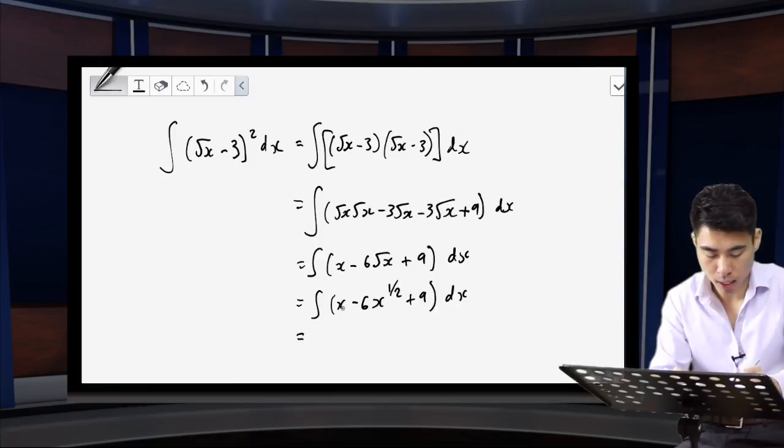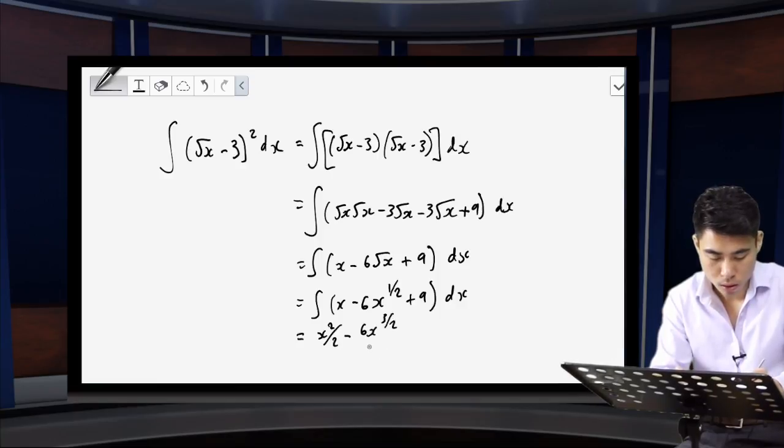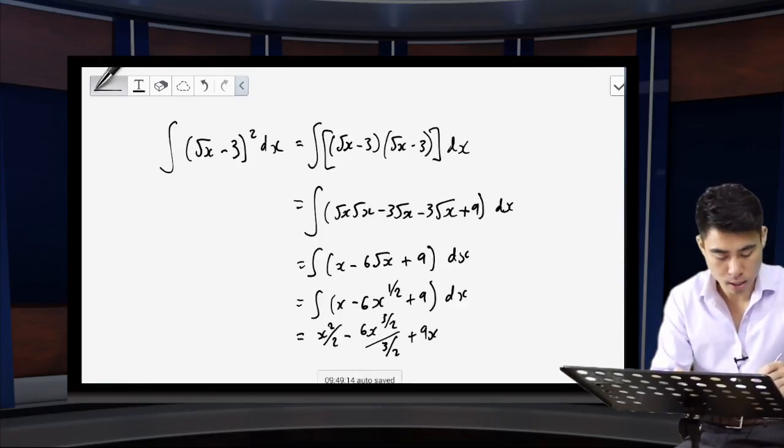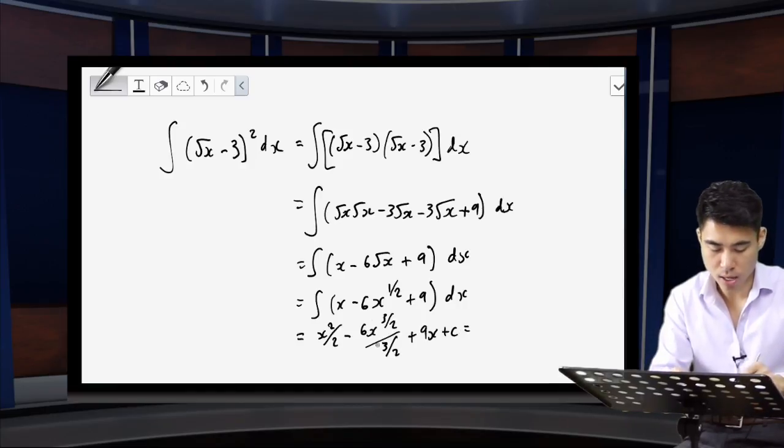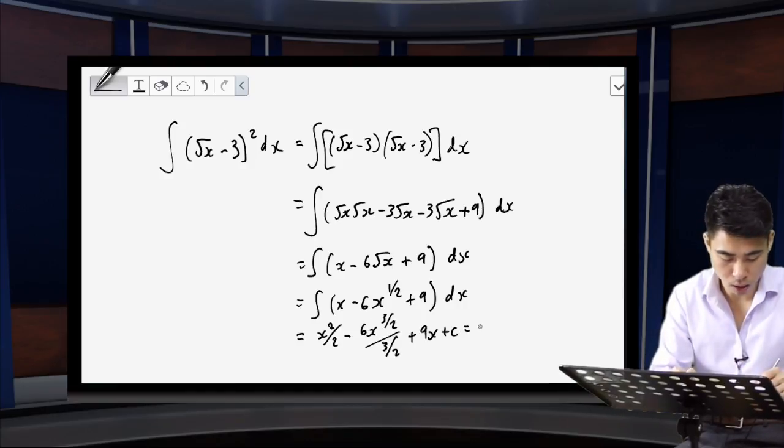So integrating my linear term, you know it becomes a quadratic term. So that 1 up there becomes a 2, divided through by 2, minus 6x to the 3 over 2, divided by 3 over 2, plus 9x, so constant terms become linear terms, plus c, and then just changing this second term there such that it's written in